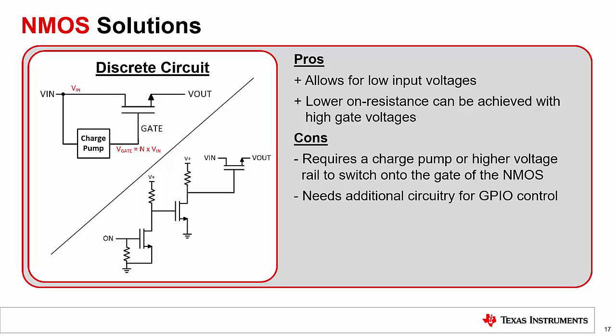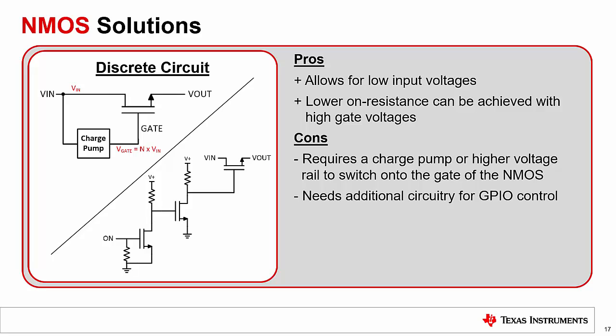Two solutions for this are shown on the left. The first solution uses a charge pump, taking the value of Vn and generating a higher voltage from it, which can be used on the gate. The second solution uses several discrete components and can be used if a higher voltage rail is present in the system. While both of these solutions can use high gate voltages to minimize on-resistance, they take up a lot of area and use a lot of components to do so.